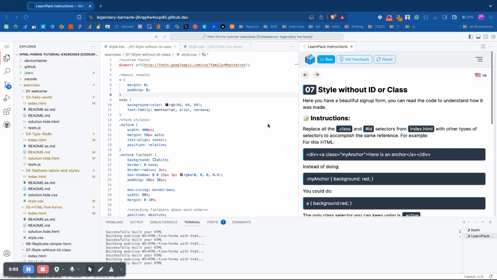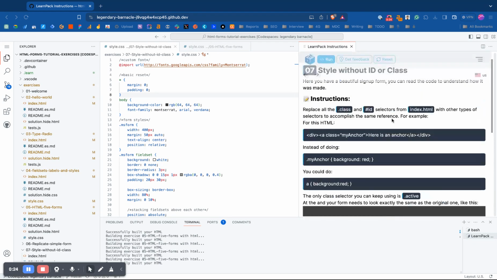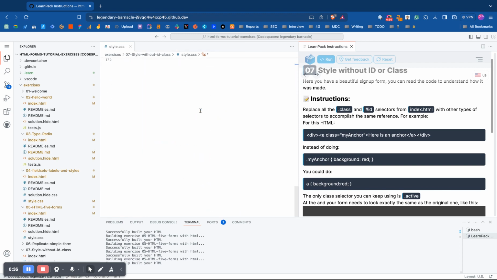Okay, so in your daily life as a developer, you're going to have to modify styles from some other developer that did something, or you can just copy-paste styles from a website that you think is beautiful, and that's a skill: reading someone else's CSS or HTML code. So this exercise will help you get familiar with that, and as you see here, we already have a style sheet